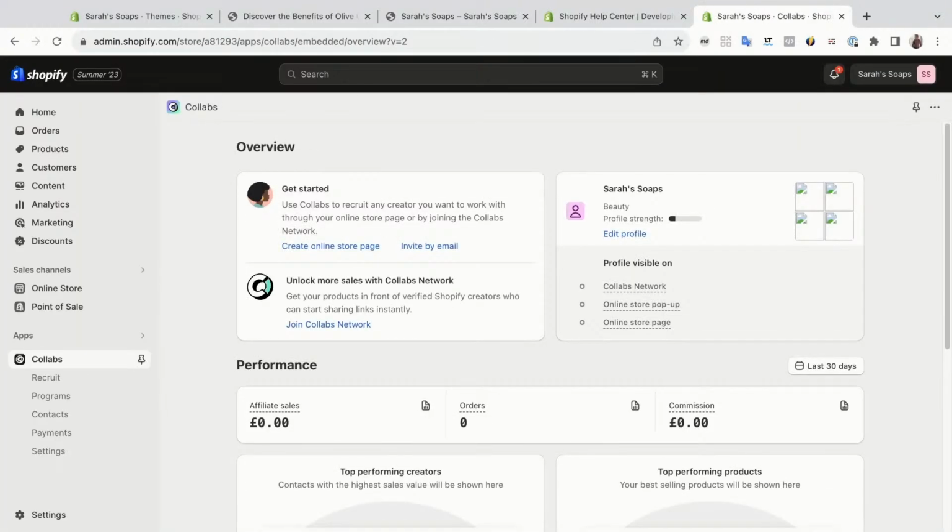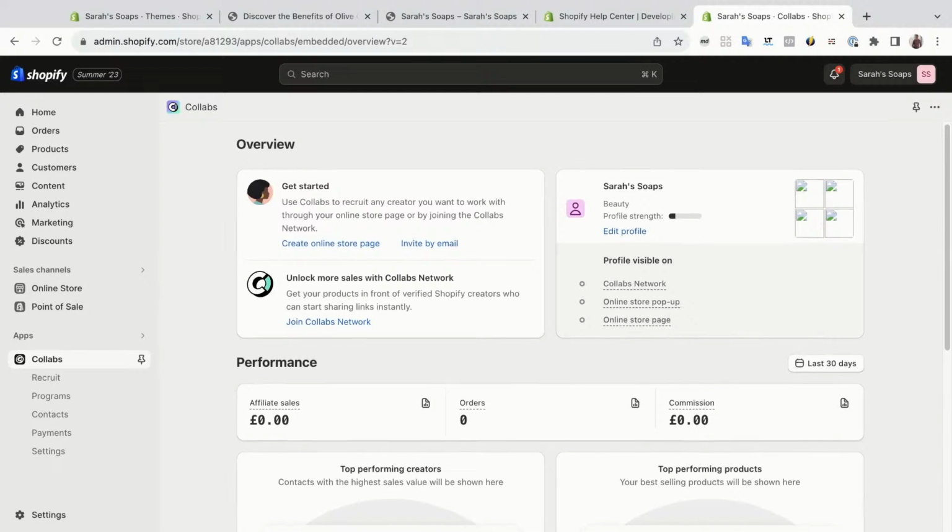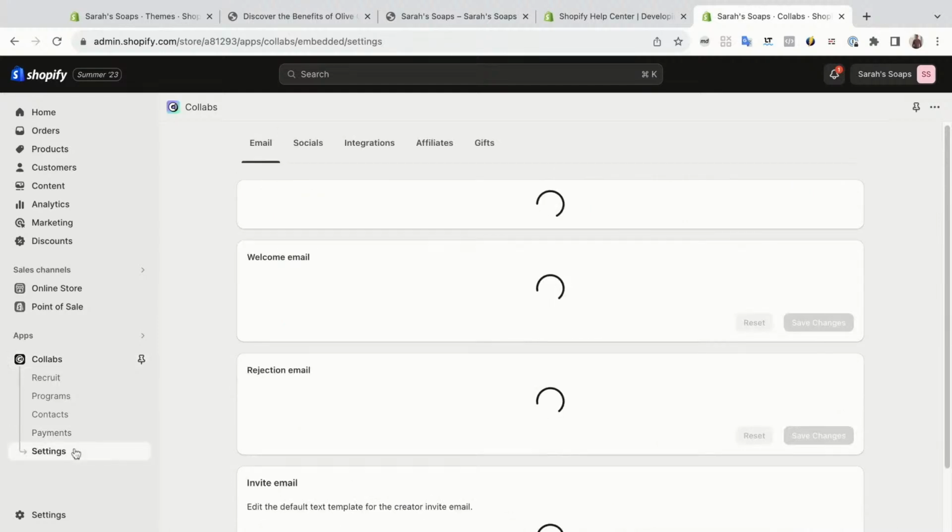Okay, perfect. So when you're installing the app for the first time, you may be prompted to input some information before being brought to this main page. So you'll most likely be asked a little bit about your store, and you fill out some details before the app gets set up. So here you can see the overview of the Collabs app, and the first thing we're going to take a look at is the settings. So if you go into settings here,